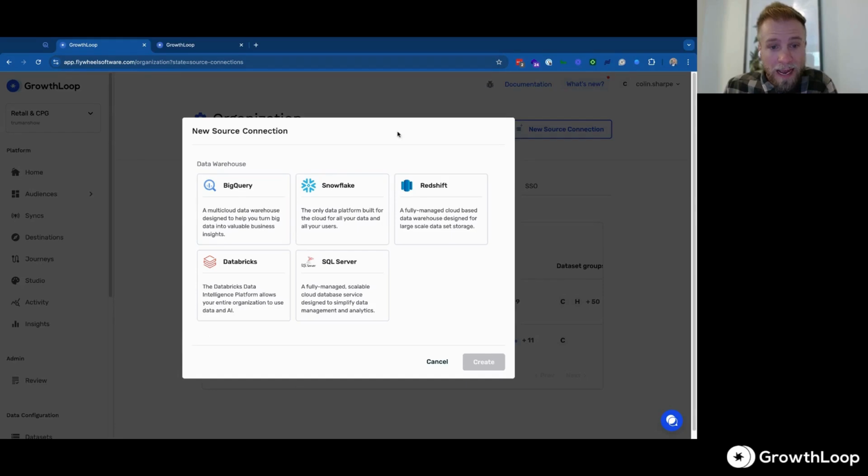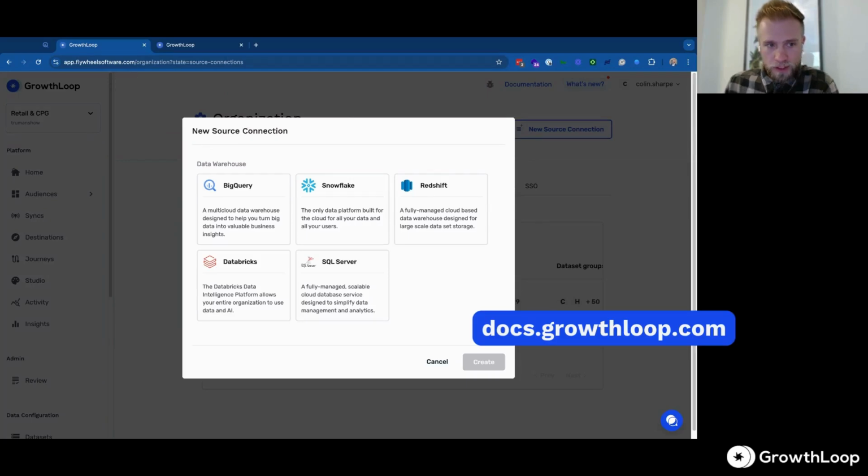We won't go through how we connect to each one of these databases or cloud data warehouses right now, but setup is documented on docs.growthloop.com. Feel free to check those out if you want to take a look at how easy it is to connect